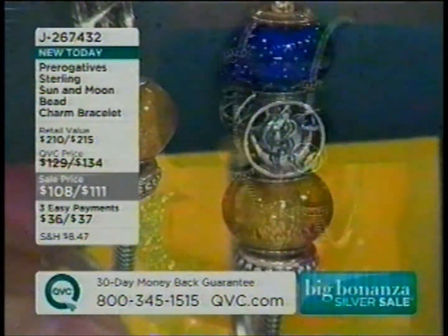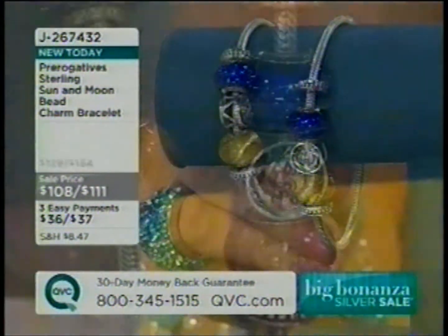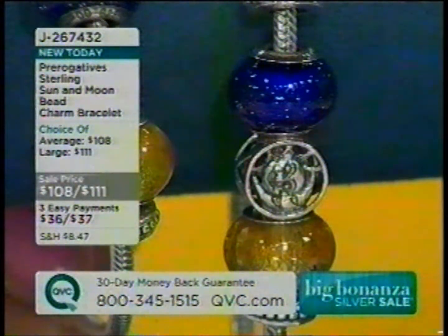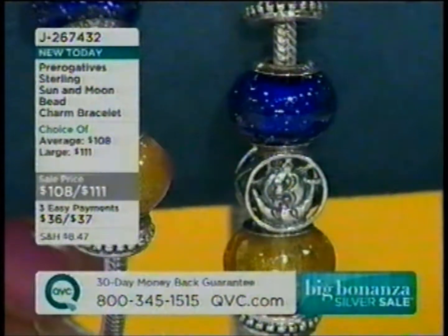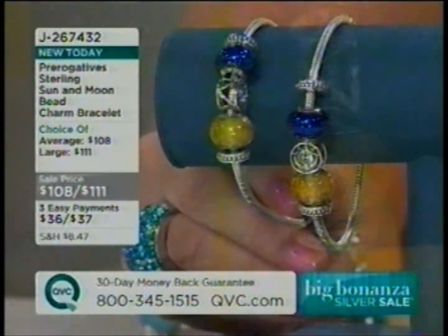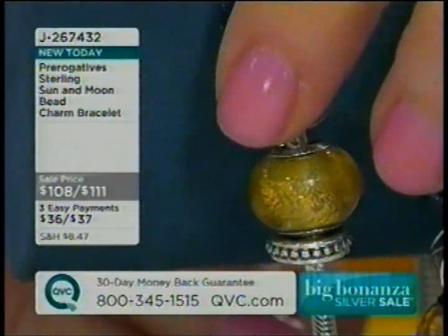So one of your charms is the moon and the sun kind of canoodling together. They're loving each other. There they are. Then we have blue Murano glass, as well as that beautiful gold Murano glass. So those are beautiful beads that are, again, sturdily done, made in Murano and then accented with the